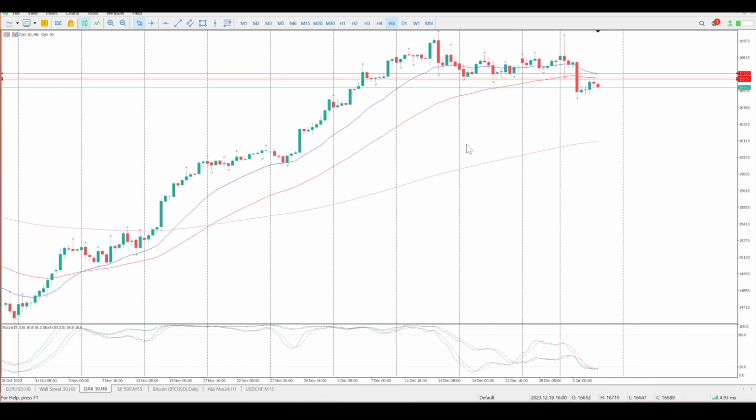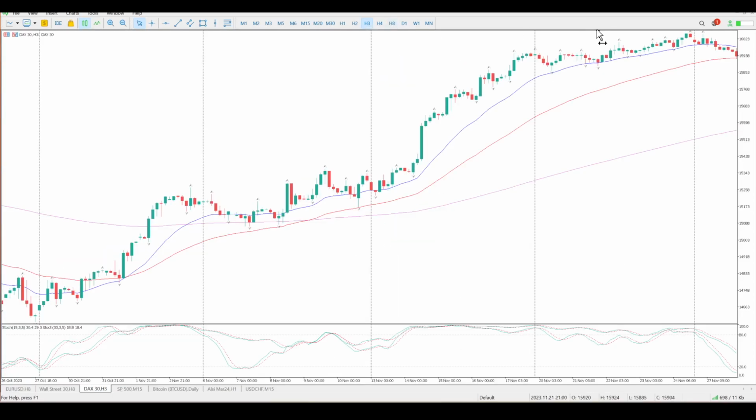But as I said yesterday, are we in a channel, or is this a break of the range and we're busy with the retest now? It does look that way at the moment if you look at what's happened here, but we'll get to this on the lower time frames for now. So let's just get down to the 3 hour, and while you smash that like button for us,